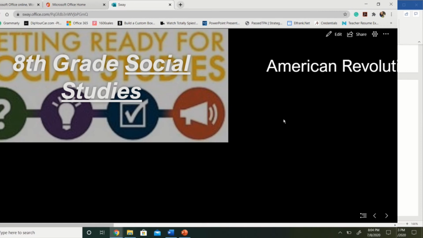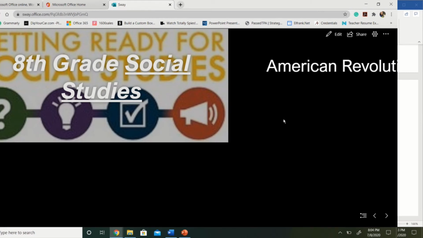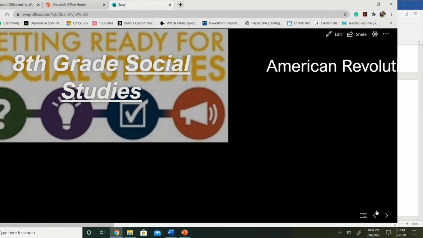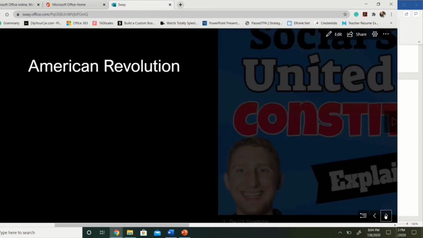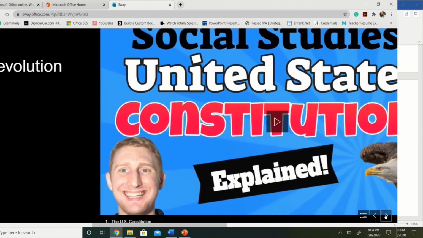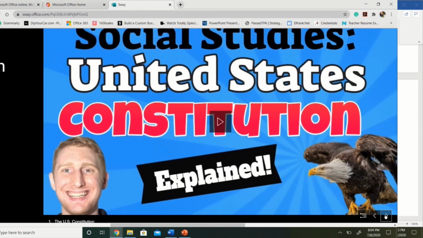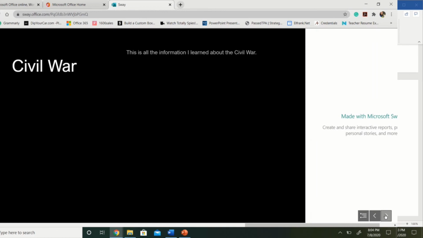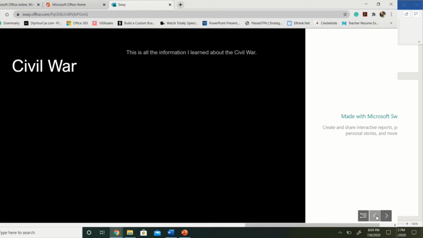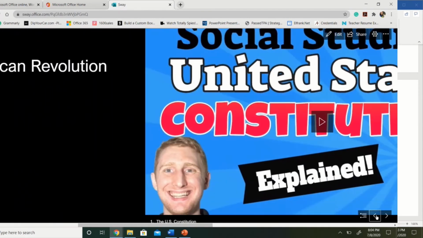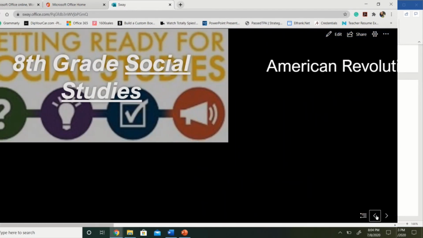So usually this is how the sway looks. To move throughout the sway, there are left and right arrow keys. You would click on these to go forward or to go back. So let's go forward. So it says American Revolution, the video that we've included, the Civil War. This is all the information about the Civil War, and if there's more information, it would continue on. Now, if I want to go back, I can click the left arrow and go back to certain aspects inside